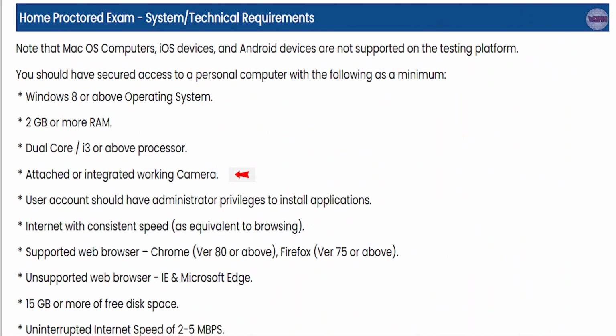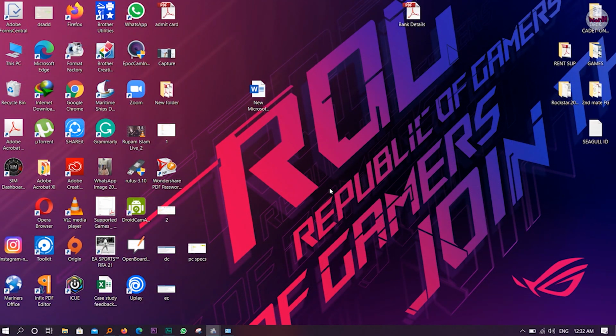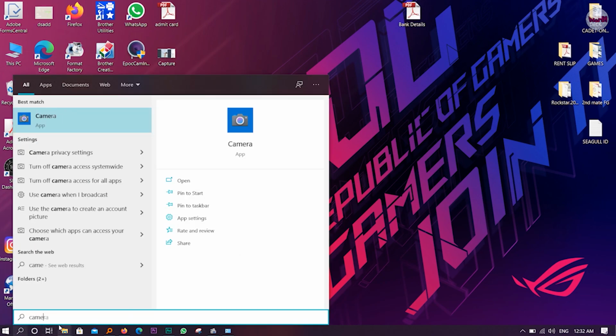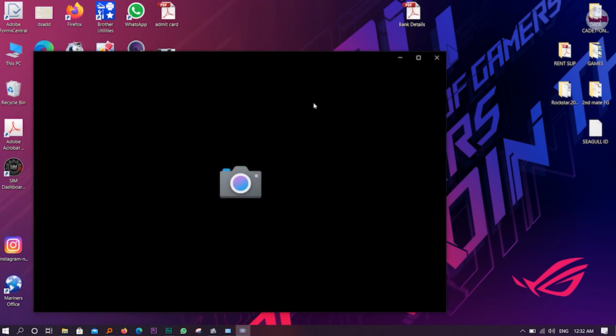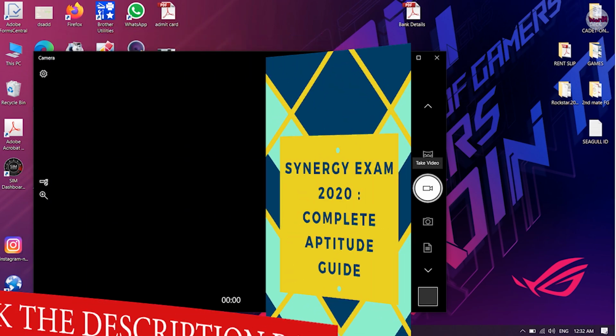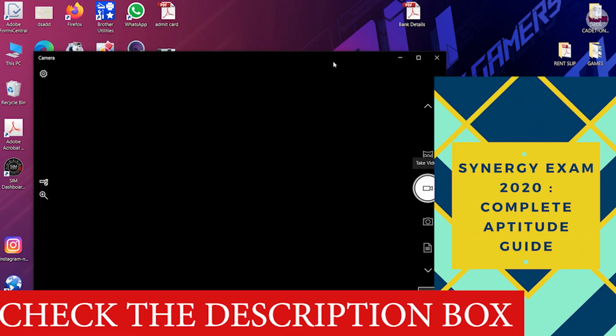Now the next point is an attached or integrated working camera. Let's check it. Now we'll check the camera. Go to the search and click Camera. Right now I don't have any kind of integrated camera in my laptop.